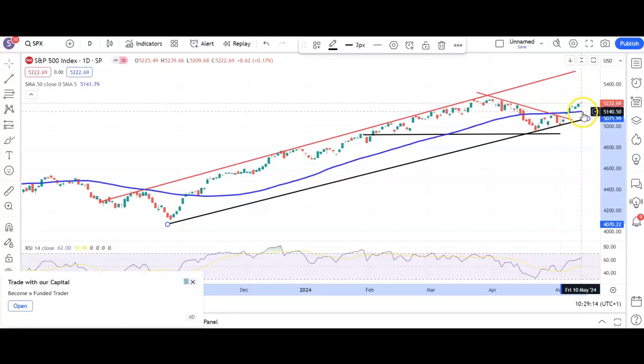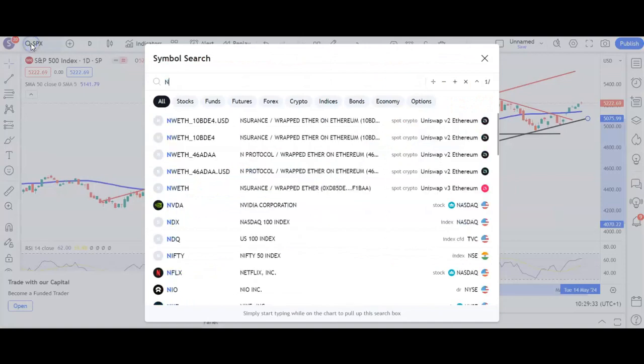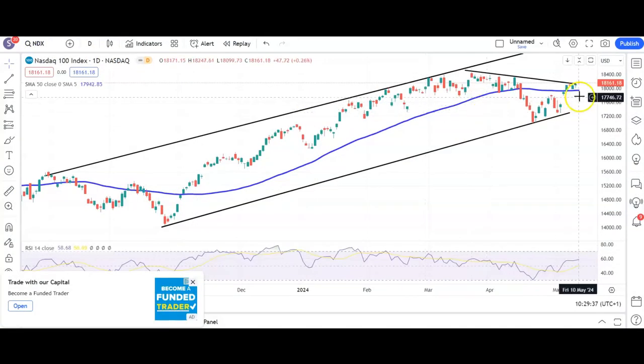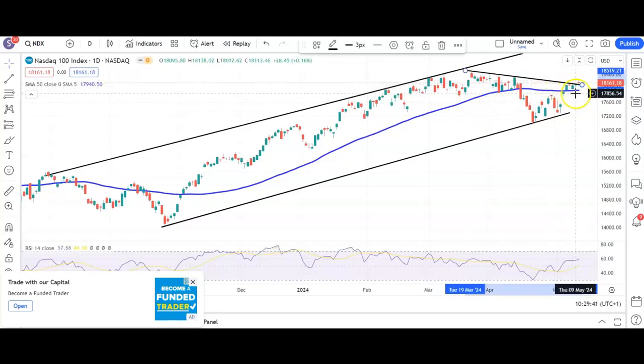If we do break down below the 50-day line, then the risk is of a test of the floor of that rising trend channel from the end of last year, down towards 50.60. But at the moment, we're expecting this market to remain above the early May gap and also the rising 50-day moving average. Next contender is Nasdaq 100, and here managing to break, rather sheepishly, the resistance line from March,